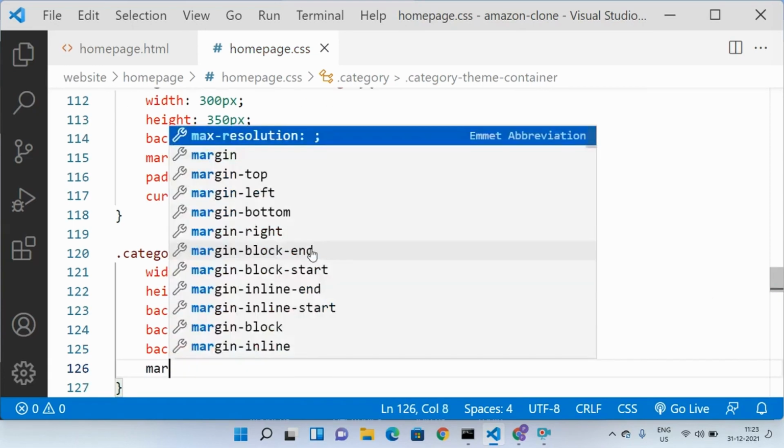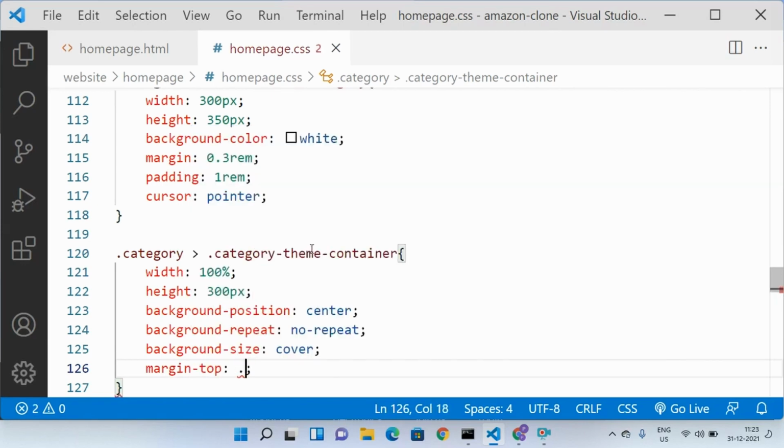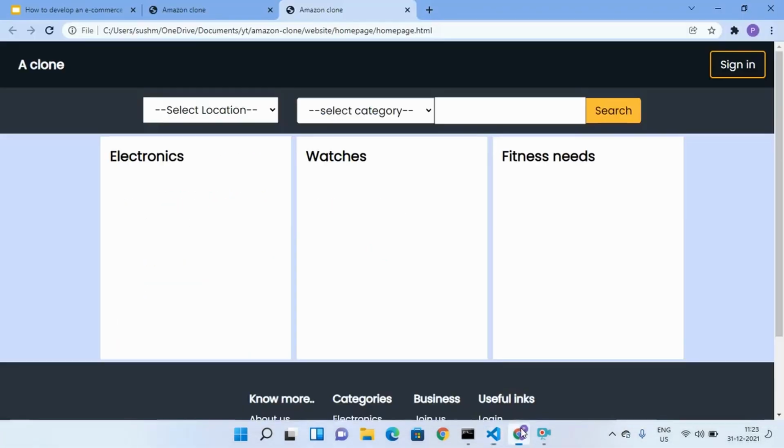And let us give it some margin from top, otherwise it will be just coming after the heading. Let us give it 0.5 rem.